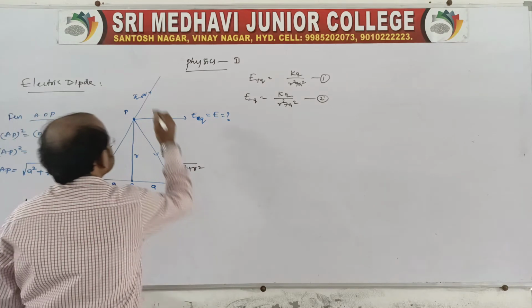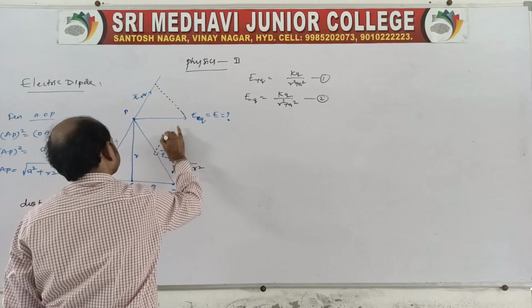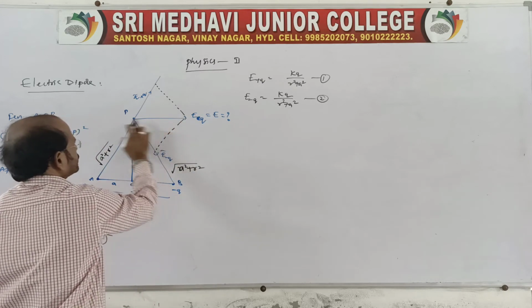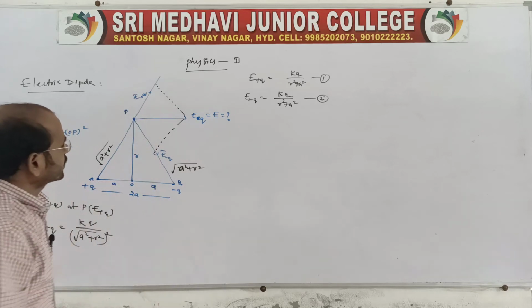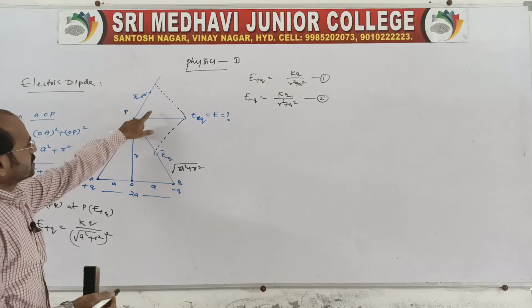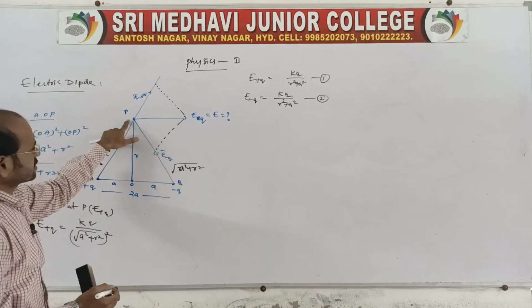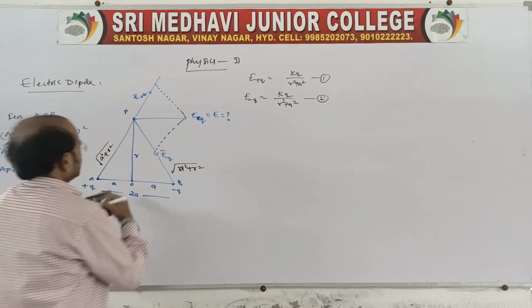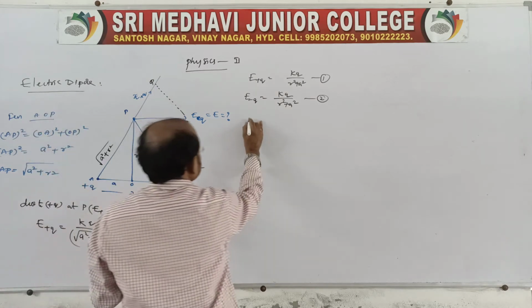Now let us construct one parallelogram using these two. So this is the resultant. You say P and A, and E plus Q. Very simple. Actually we can say there are two similar triangles. APB is one triangle, and this is Q, capital Q, and this is R. So from similar triangles,